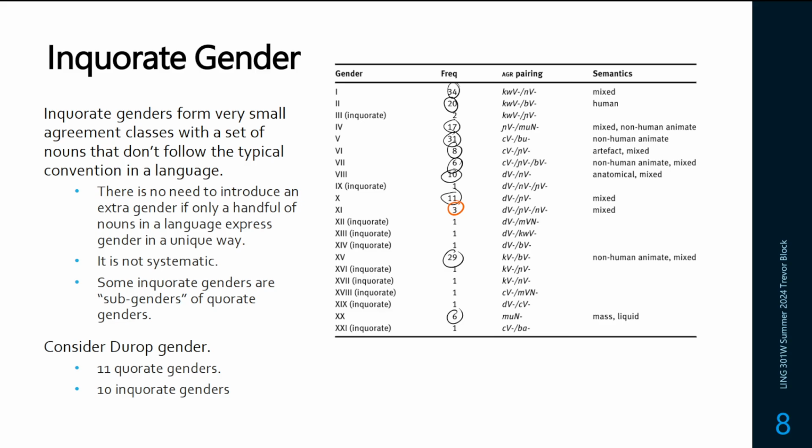So, for example, non-human animate objects are going to appear in not only 2 genders, but 4 different genders in terms of semantic meaning. So it's not just going to be the semantics alone that determine what gender you're looking at. It's going to give you a hint at what gender you're looking at for the sake of speaking and making sure that agreement is working in the language. But semantics aren't going to be the best way. In fact, one of the best ways to look at things is like, what is the agreement doing? What are the different forms it can take?